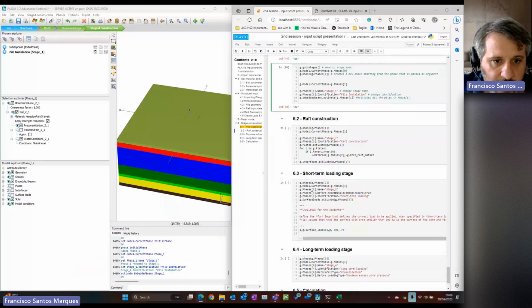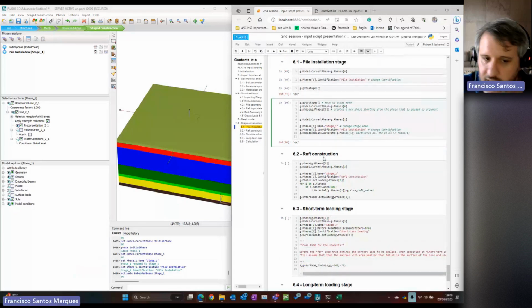Now, the next phase is the raft construction. So it's going to be almost the same thing. The idea is that I want to create a new phase, but starting from the previous phase. So it's going to be index one inside of the group of phases. Then I want to select the new phase as active, change the name, and now